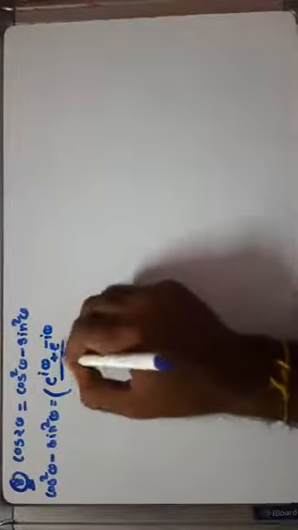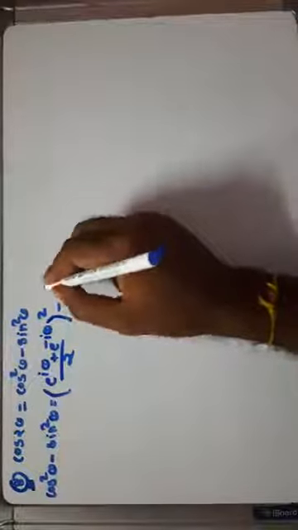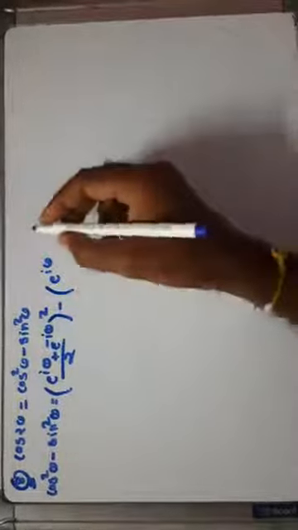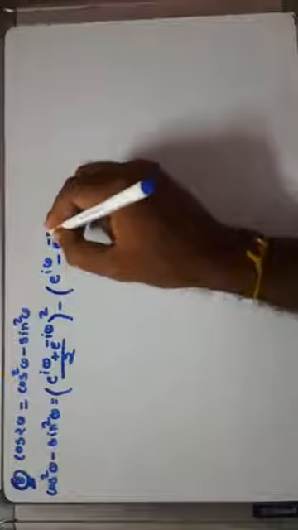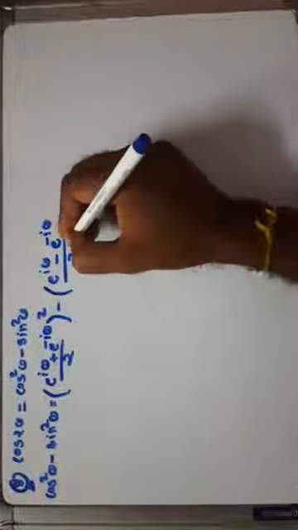Cos theta means e raised to i theta plus e raised to minus i theta divided by 2, bracket square, minus sin theta, which means e raised to i theta minus e raised to minus i theta divided by 2i, bracket square,